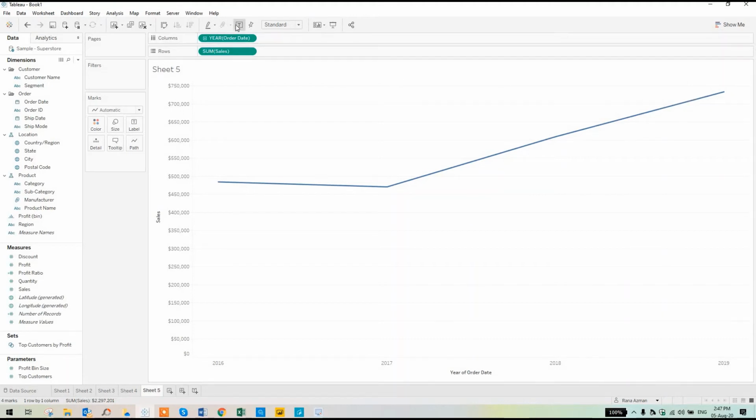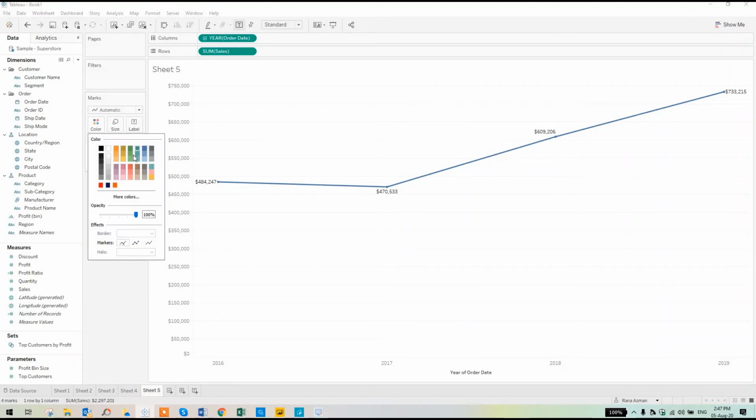So we'll just click on this text button over here to show the labels, and let's go back to this option over here, the marks options. In the marks option you can click on color, and you can select the different colors for the line to be shown. Let's start with this pink one over here, or green one.